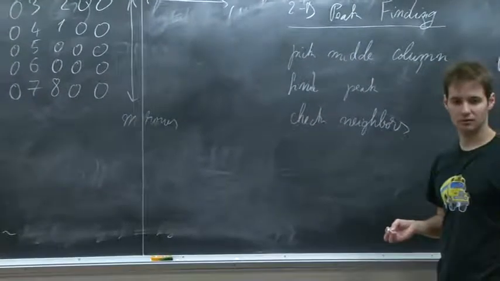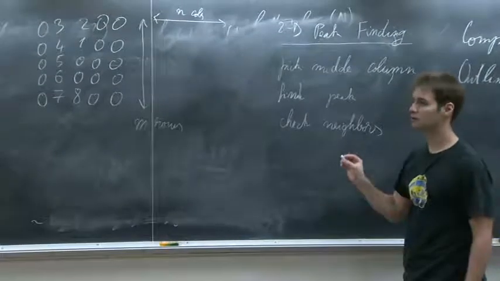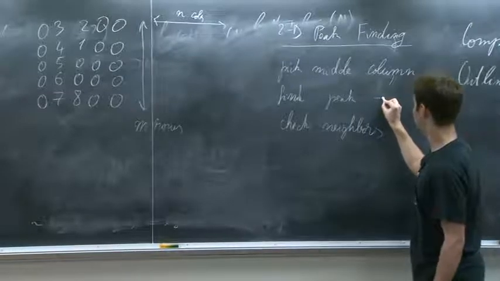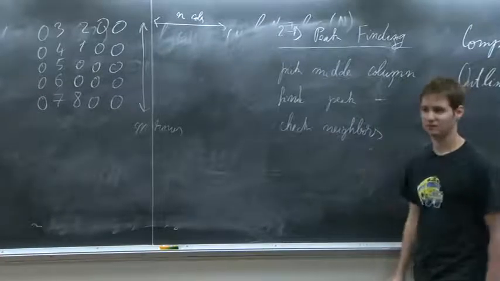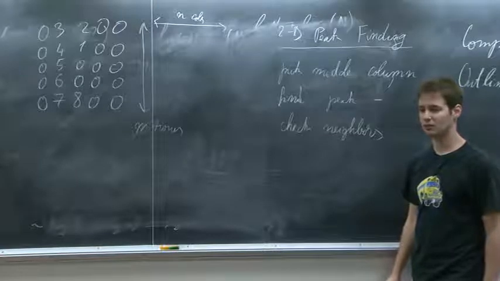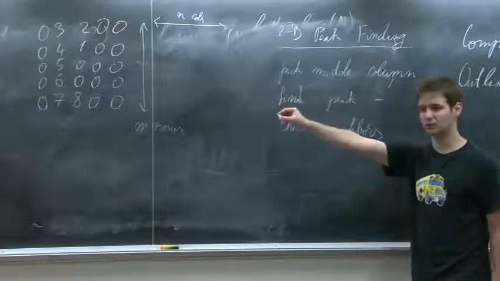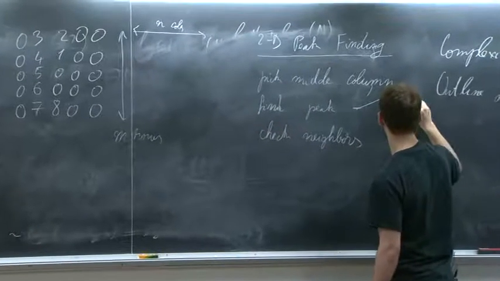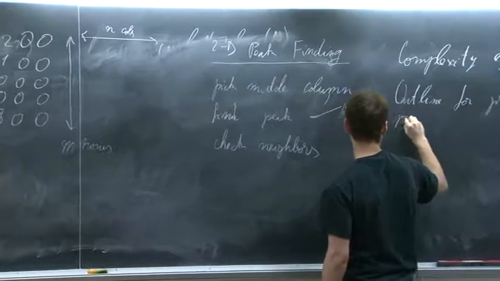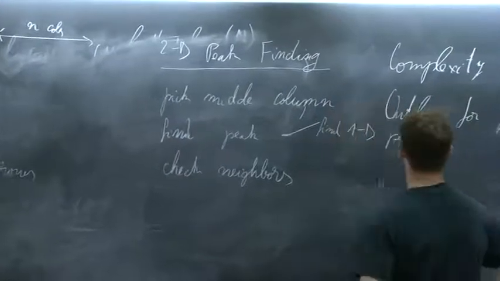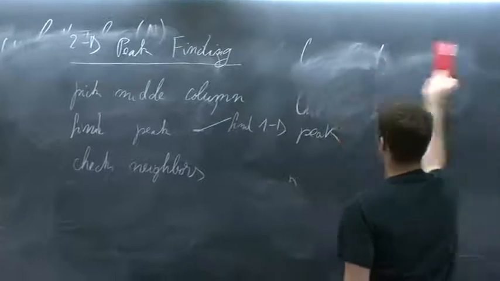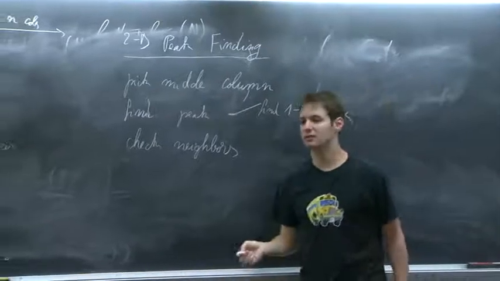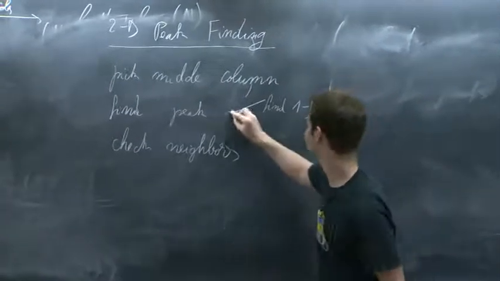Neighbors in the same row? Yeah, sorry. Row is the horizontal one, right? Okay. So what do you mean by find a peak here? Like within the column? Yes. So find the peak using what we talked about before? Yeah. Okay. Find 1D peak. So you're thinking ahead, you're thinking of the variation that Srini asked you guys to think about at home. I'm glad you thought about it, that's good.